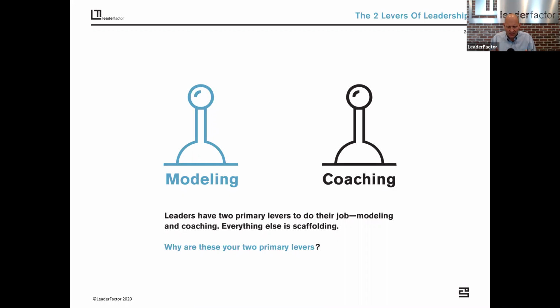So as we know, based on many studies, the best synonym for leadership in the English language is the word influence. So then you think about, how do you influence? Number 1, modeling behavior. Number 2, coaching skills. So keep that in mind, because you cannot make significant progress if you're not focusing on these 2 levers in terms of shifting the culture and creating a more deeply inclusive environment.